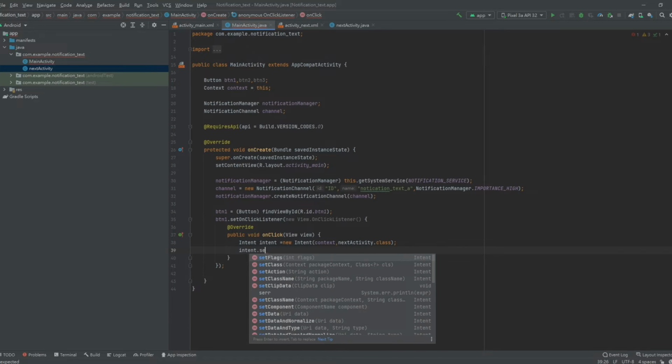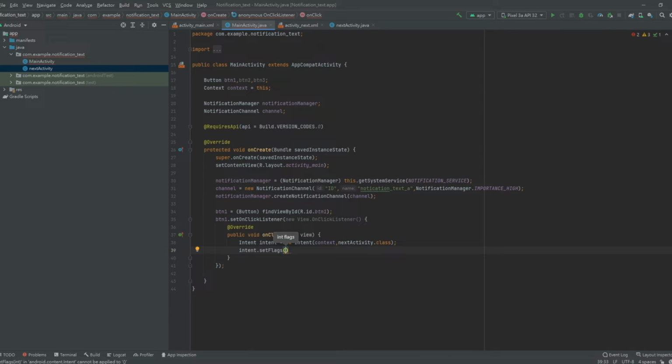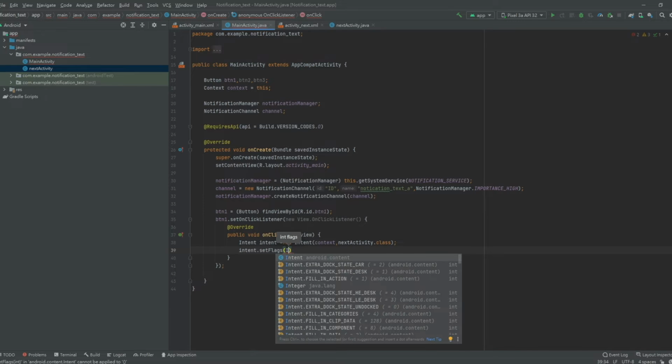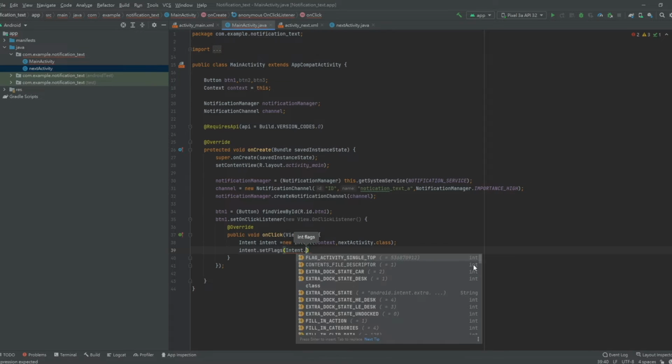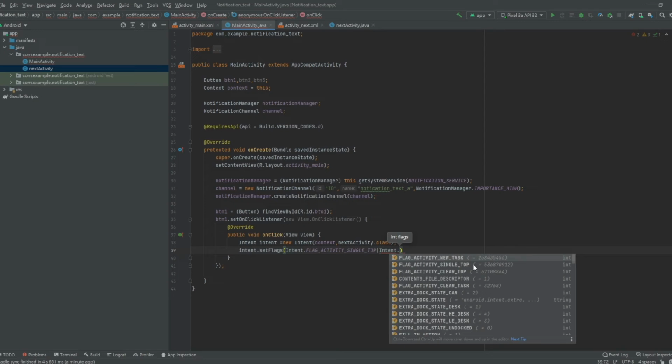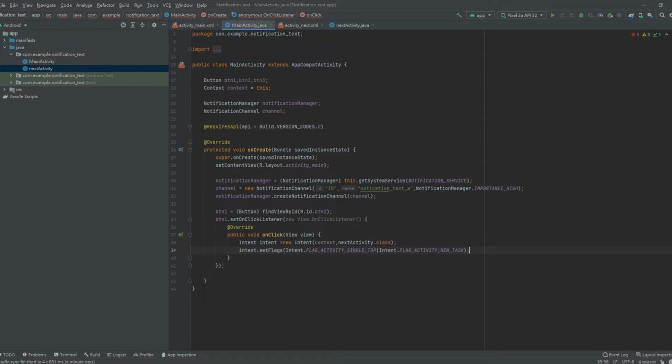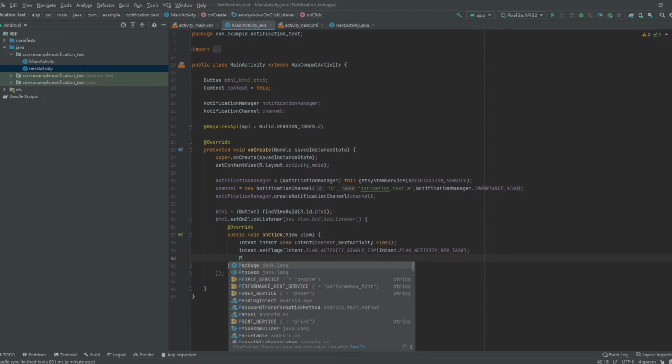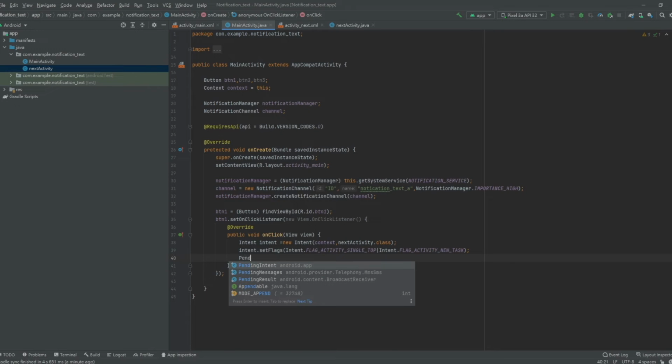and then we keep letting the intent. We set the flags, and then let the intent flag activity single top, and also let the intent have the flag activity new task. And we use the new function here, the pending intent. We call it PI